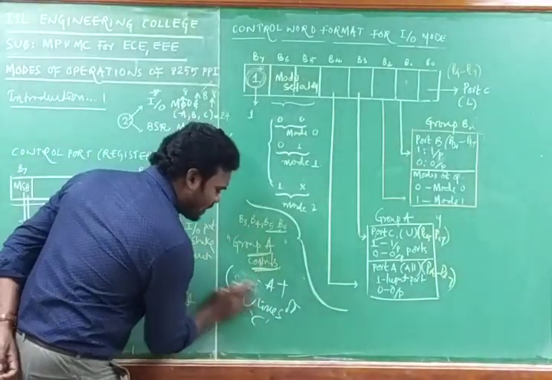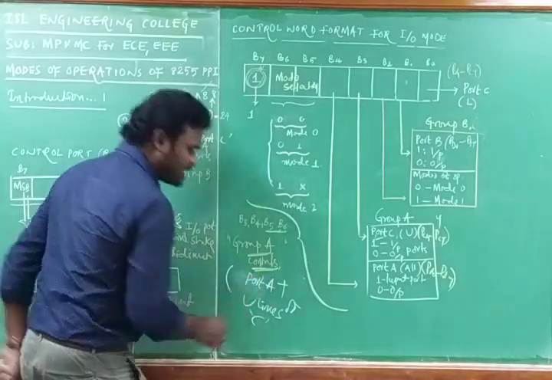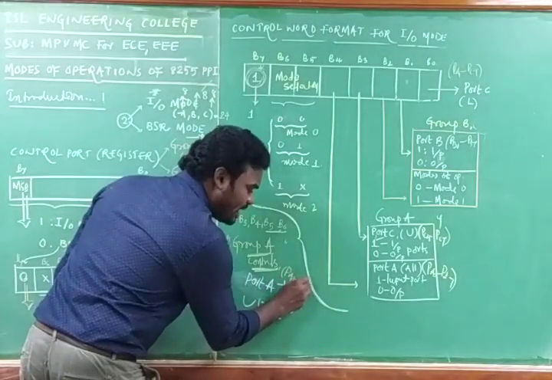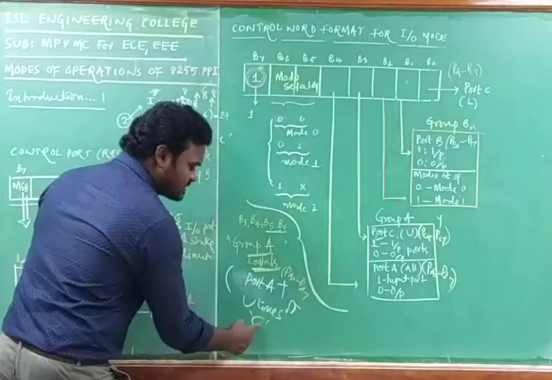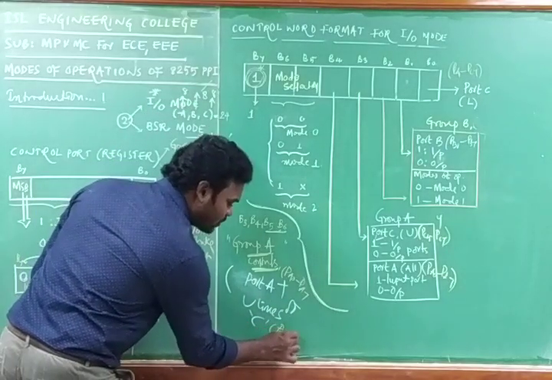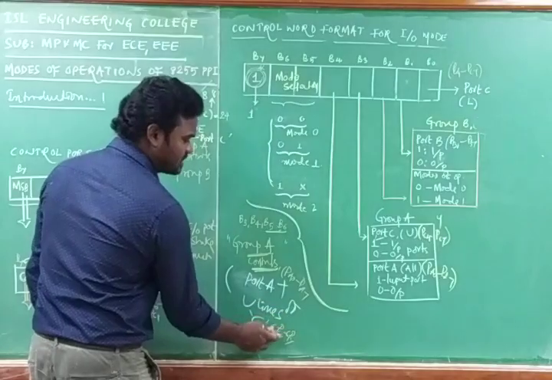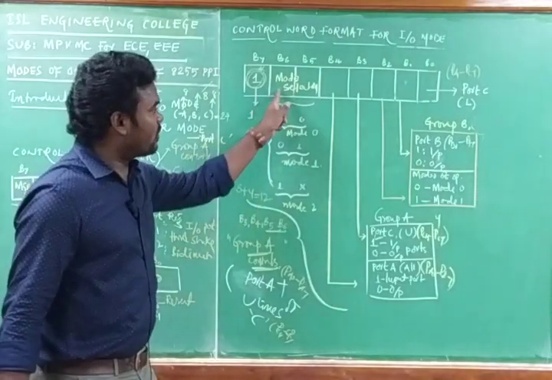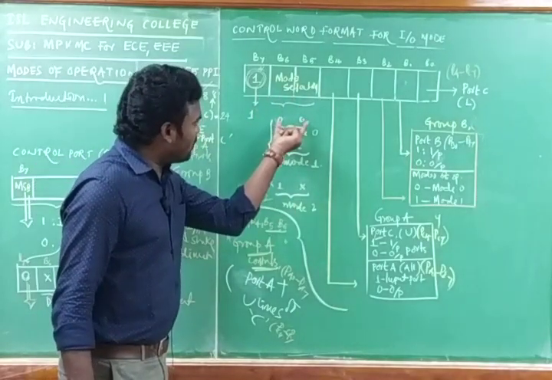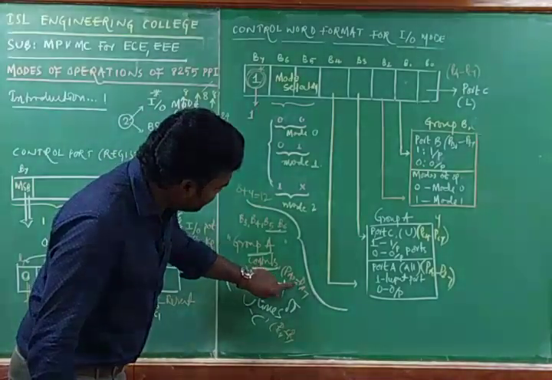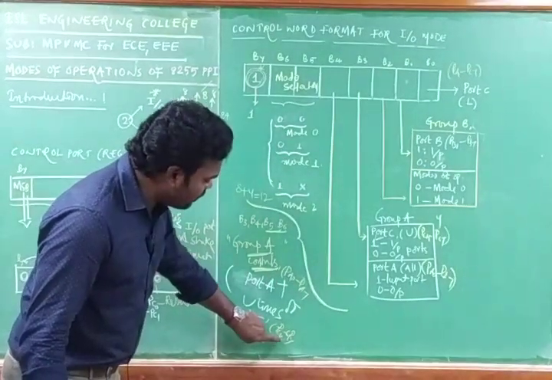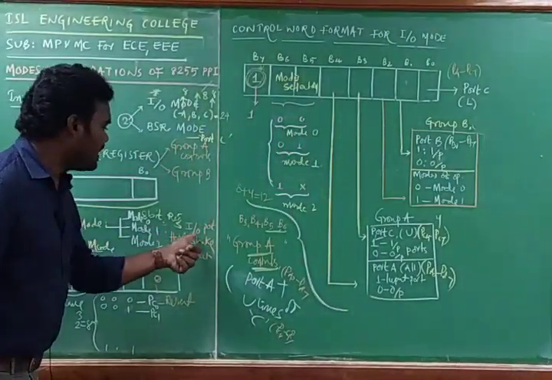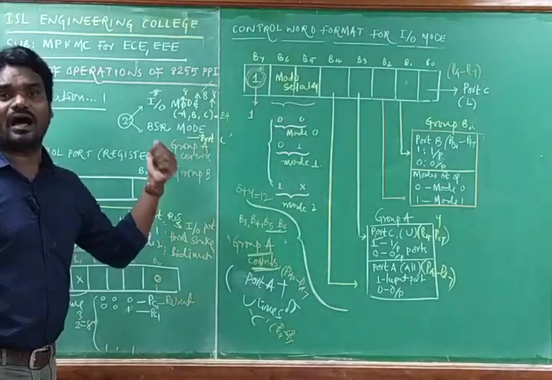That means group A is going to control the port A signals. Port A signals means how many? Port A signals are PA0 to PA7 plus the upper lines of port C, that is PC4 to PC7. This is 8 and this is plus 4. 8 plus 4 how much? This is 12 pins completed. With 0 0, these PA0 to PA7 and PC4 to PC7 can work in the mode 0 operation. That means mode 0 operation means they simply act as either input or output.